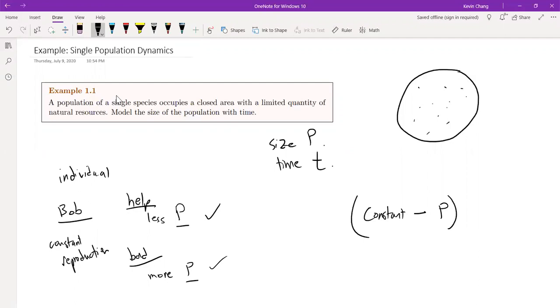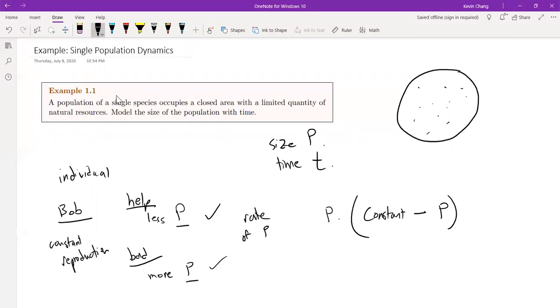At the same time, let's not look at just Bob anymore. Let's look at the entire population. So the entire population is basically consisting of a whole bunch of individuals just like Bob, and they're all going to share this same kind of factor. The more other competitors they have, the lower chance they have of living. And so because there are going to be P individuals at one time, we're going to multiply this factor by a factor of P